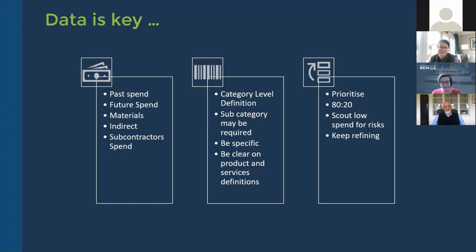As we said, talk about whether things are direct or indirect. Materials, is it a material spend? Is it a subcontractor spend? Please don't be frightened to look at subcontractors. In fact, I very strongly advise you to look at them and probably put them ahead of materials in terms of response, because subcontractors, we have this thing in our industry that it's a black art. It's everybody else's risk, not mine. And that risk dumping approach we take to subcontracting means that there is probably a greater risk of exploitation happening in the supply chain, because we just rely on contracts to manage that going forward.